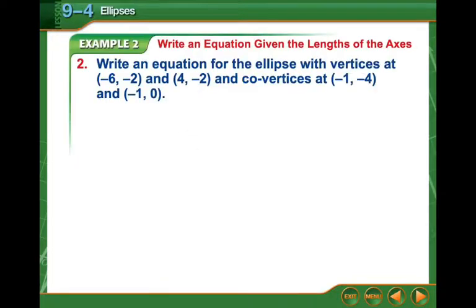So this first one here, we want to write the equation of an ellipse. We don't have an image of it. We know where the vertices are. We know where the co-vertices are. So that means we can figure out the midpoint between these two points for each of these. So the midpoint between the vertices, midpoint between the co-vertices, and that'll tell us where the center is. We really don't have to do it for both, but we can just to double check it if we want to. So we have to use our midpoint formula,